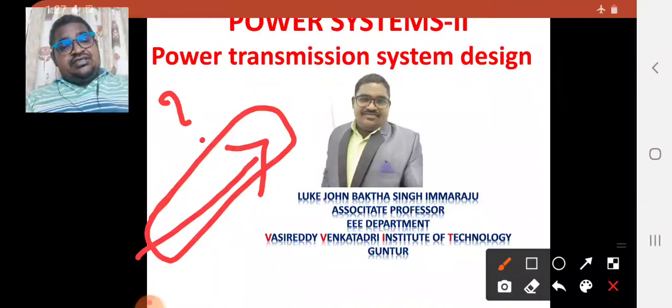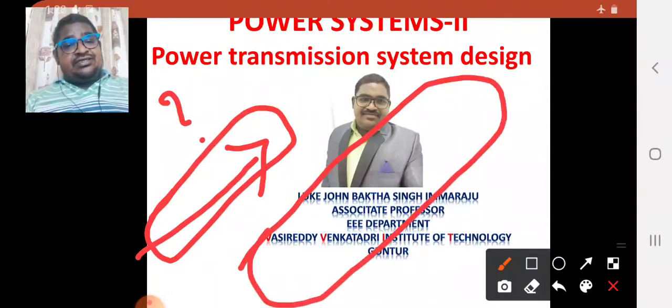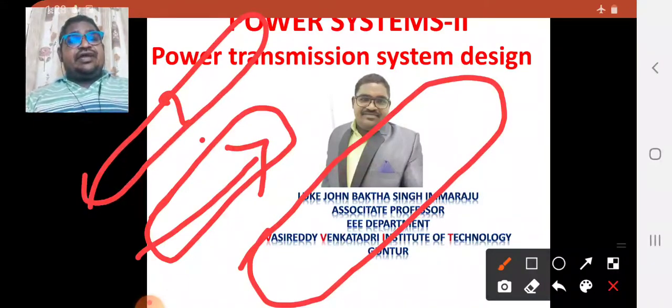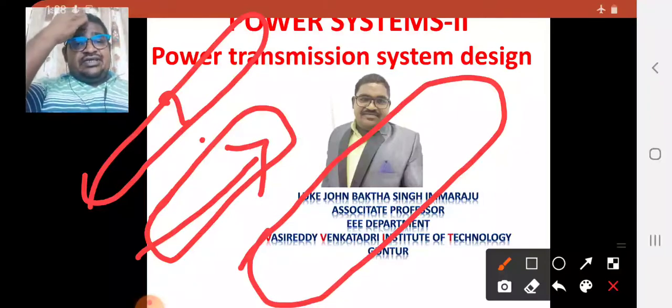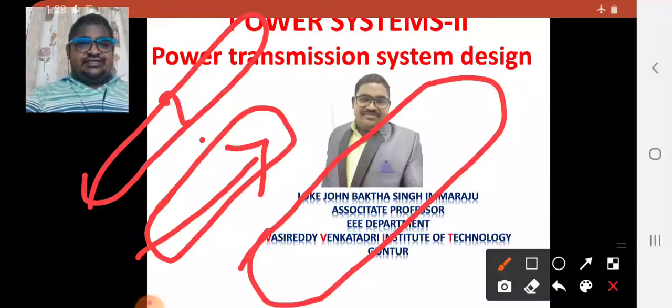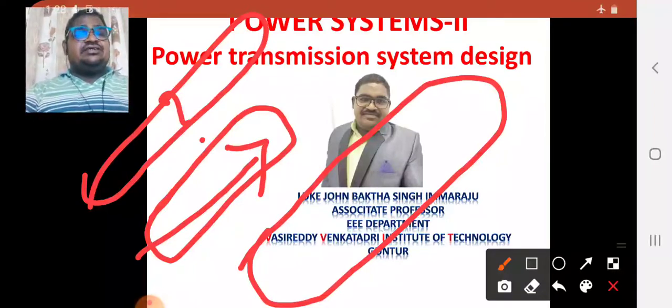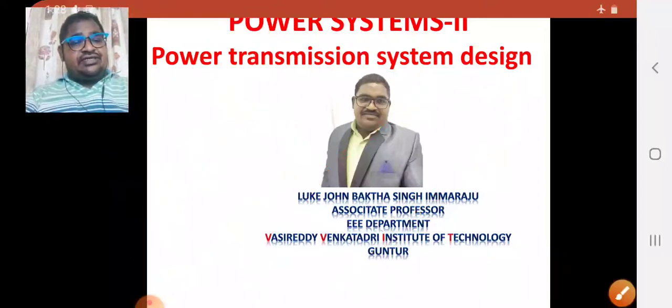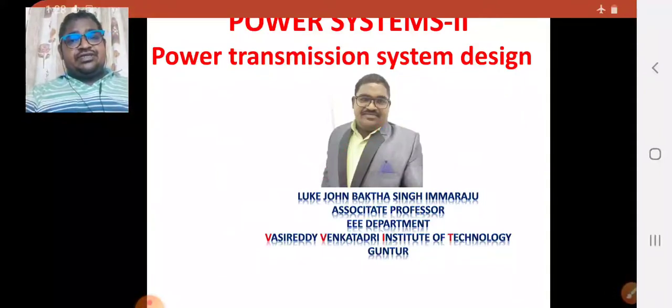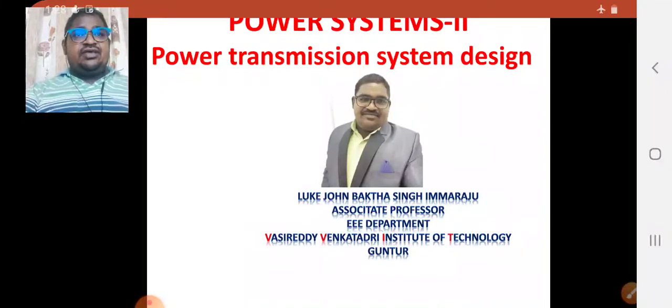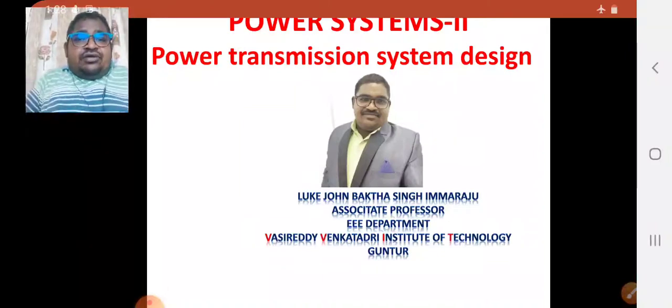Mutual flux is on the outer side of the conductor, near the surface of the conductor, where many conductors may or may not be present. If conductors are there, then we can calculate that mutual flux. If only a single conductor is there, then we simply say zero mutual flux. After finding the flux linkage, we can find L equal to flux linkage divided by I. That is how the flux linkage plays a major role while we calculate the inductance of the transmission line.